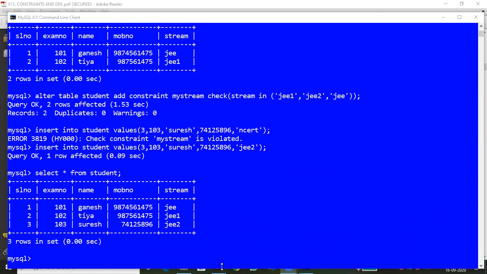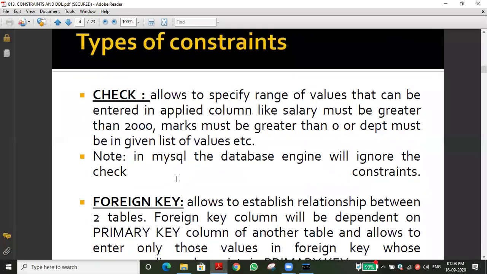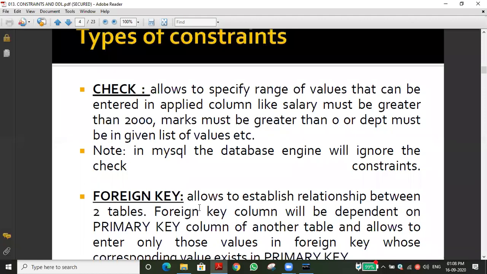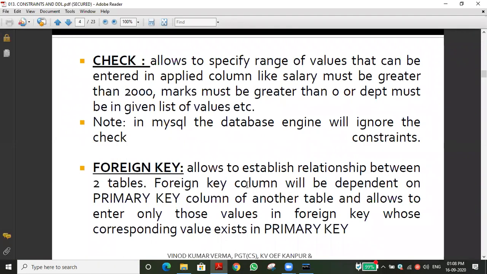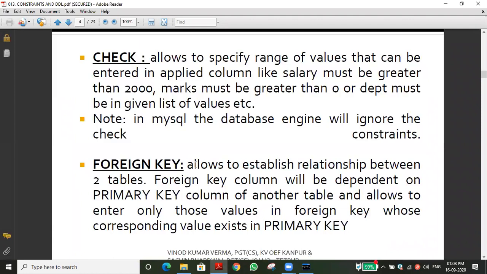Not only check constraint, we completed all the constraints. Let me go to the last concept of this chapter, that is foreign key. Before we enter into the table, I mean we are going to the real-time practical, let you see what is foreign key. That is a very important question. Foreign key is used to establish the relation, or establish the link between the two tables. The foreign key is one of the constraints. It is used to establish the relation between the two tables.